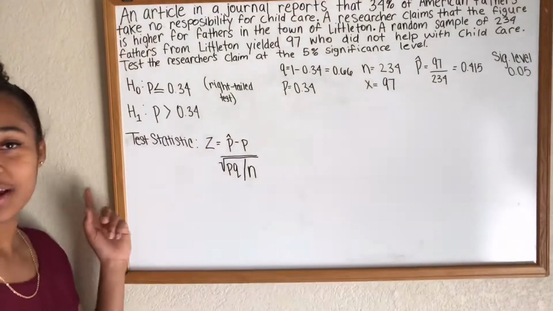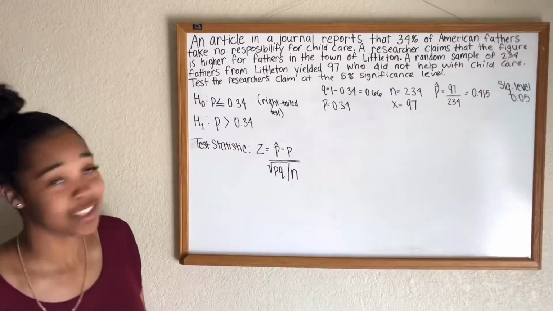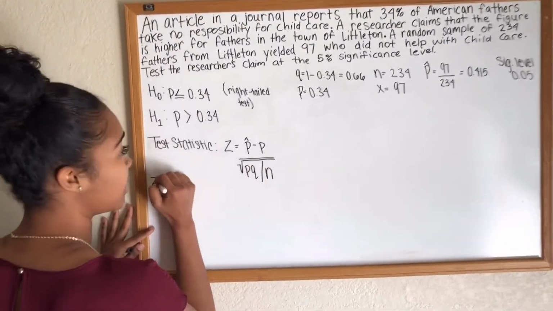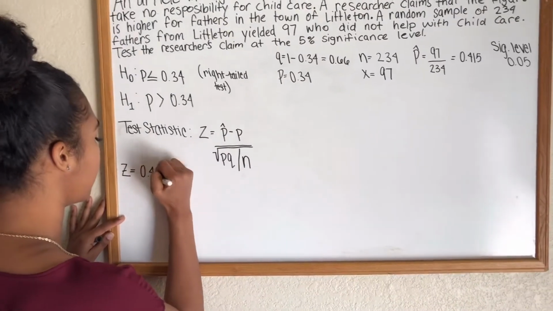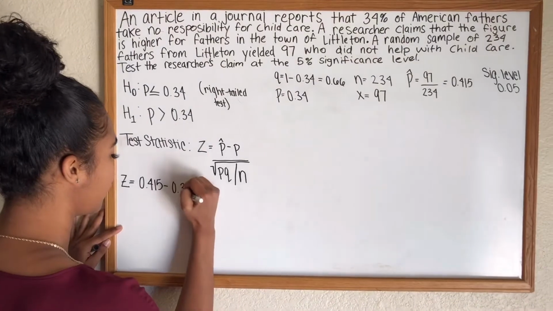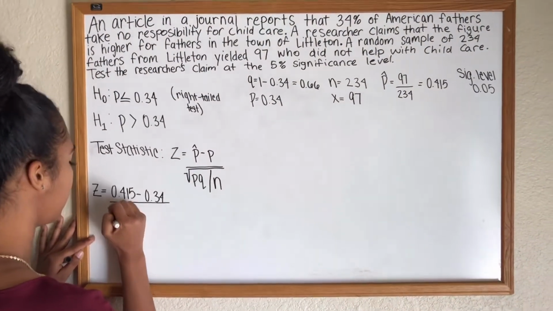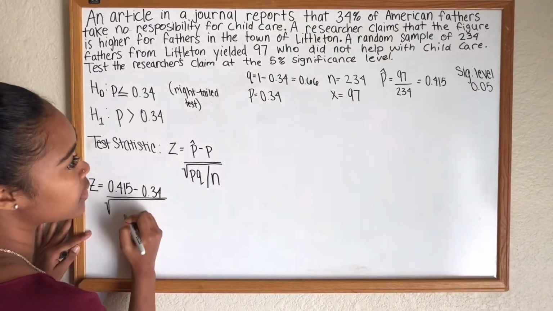So in order to find the test statistic, we use this formula. So I'm going to show you how to find this. So we just plug in the values. Z equals P hat, which is 0.415 minus P, which is 0.34. And we take all of this and divide it by the square root of